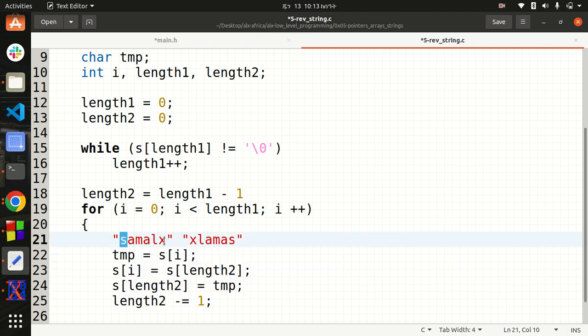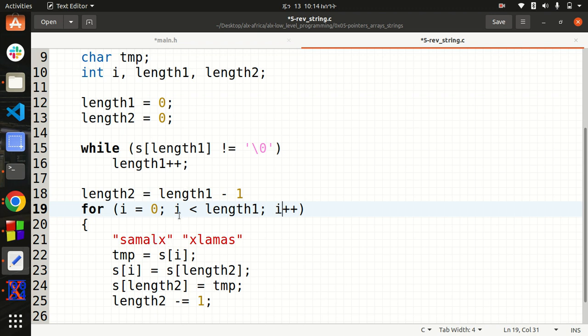So x and s are in their right position, and a, m, l are here. So what the second loop is going to do is, the first loop is going to increment i first. Here i is being incremented, as well as length2 is being decremented. So length2, for example, 1 2 3 4 5 6,